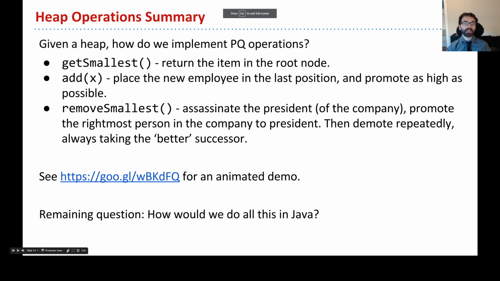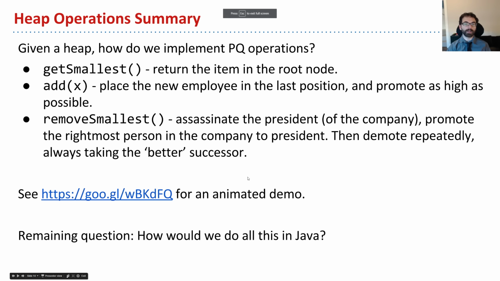So in other words, we could think about the whole heap process as the following. Given a heap, how do we implement the priority queue? Get smallest, we return the item in the root node. Add, we can think of it like a company, right? You can imagine that X is a new employee. You place the new employee in the last position, and you promote them as high as possible. So you stick them down in the low-level, factory floor job, and then you see how high they can go. In remove smallest, you basically assassinate the president of the company, promote the rightmost person in the company to president,